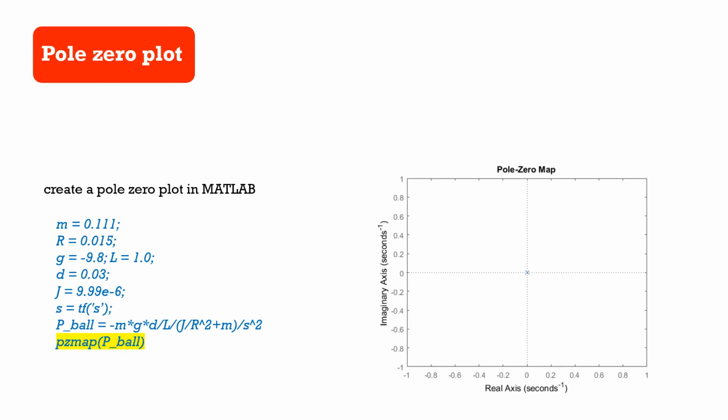Okay, now we can look into the analysis of the ball and beam system. We have derived the transfer function from the gear angle to the ball position as P of s is equal to R of s by theta of s. Now when we consider the pole zero map, here shown below, with the real axis and imaginary axis, we can see the pole zero map here.